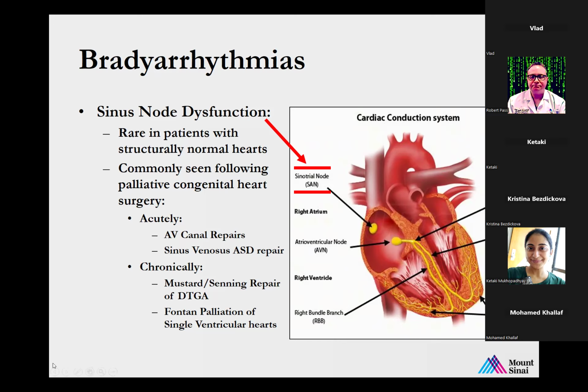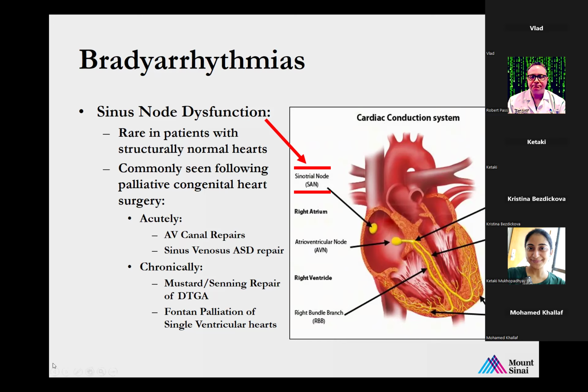But you might be thinking, well, we're not going to see too many Mustards in my career. That's true, but it's similarly true in Fontan patients. And you can see here that this is a paper from about 25 years ago. On the y-axis are the percentage of patients who have sinus node dysfunction. On the x-axis is the number of years after Fontan. And you see that by the time you were about 7 years out from Fontan,